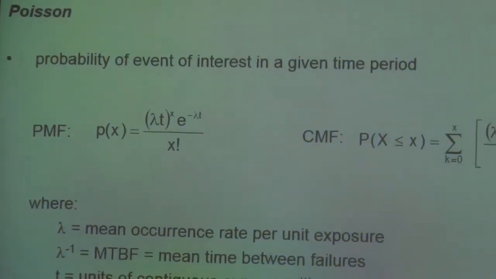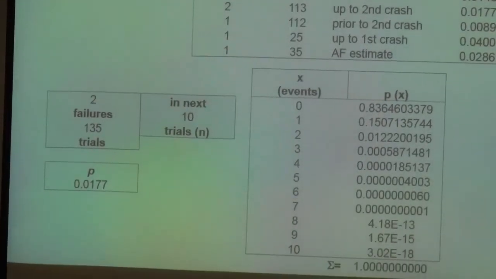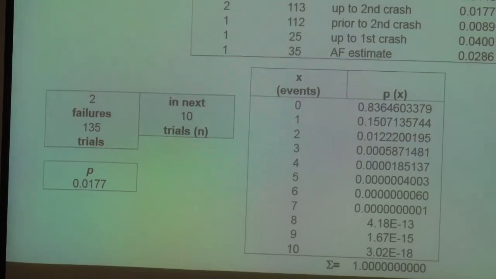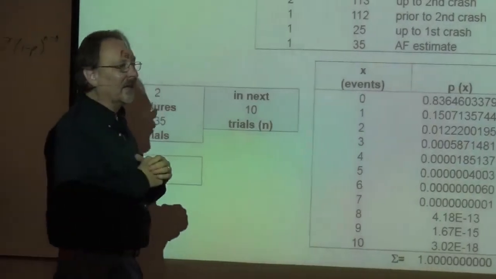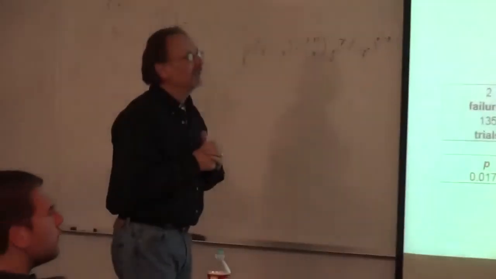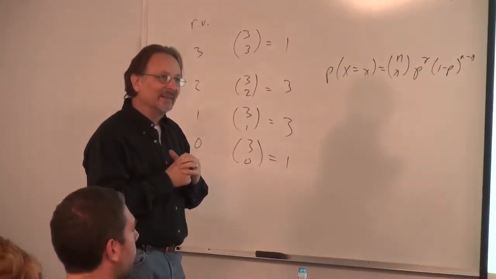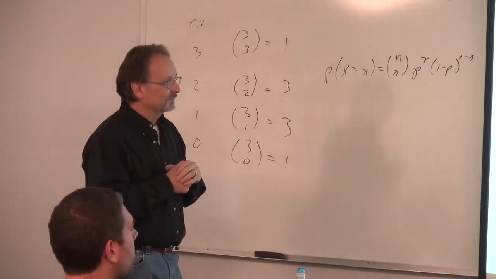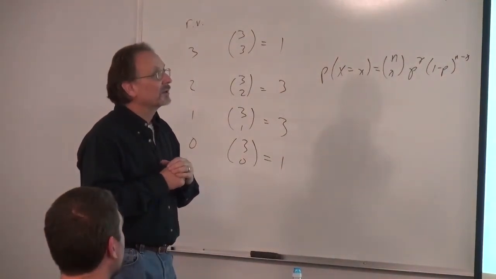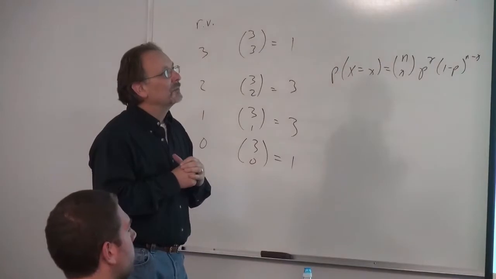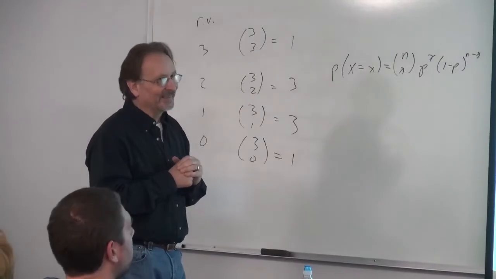Yes. On that previous slide, the more missions you have that are successful, does that change the probability of a successful mission? Like, let's say mission 136 with still 2 failures, 137, 2 failures. It's obviously making a probability of a failure. That's right. It gives you a better chance of having more successful missions. The more you have, right? That's right. Yeah. And so in your events, 0 through 10, you're using a constant probability. Yes. And that's okay. It is, because what we're doing is we're assuming, because what you would do with something like this is use such a large number that you consider it constant. Oh, right, okay.